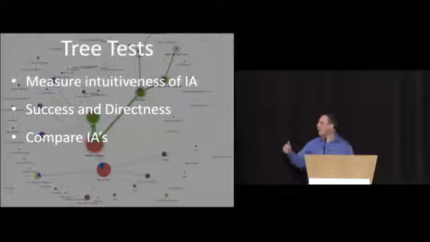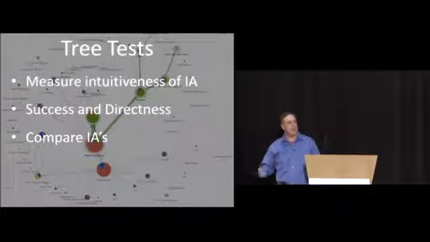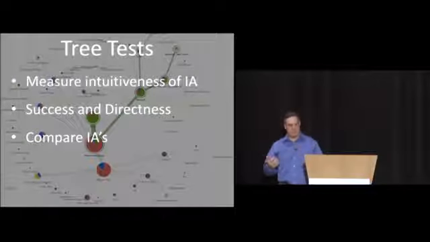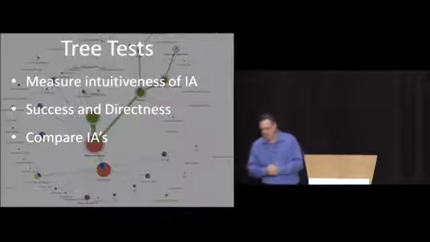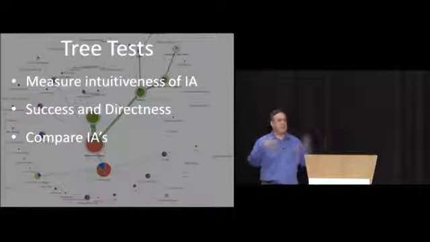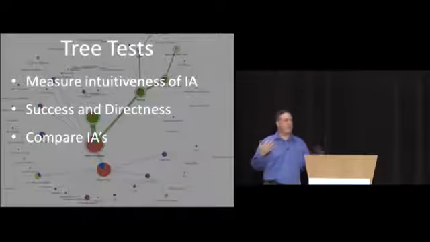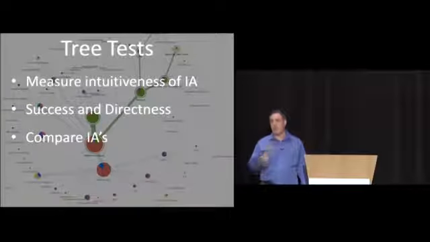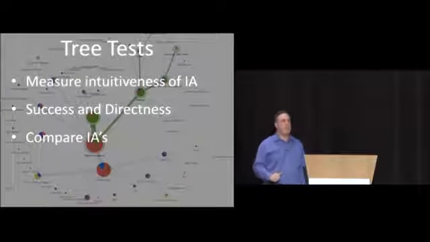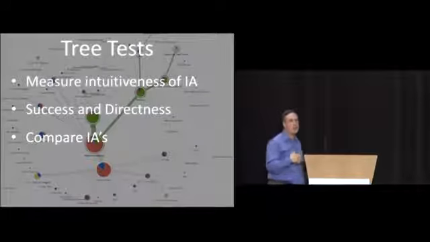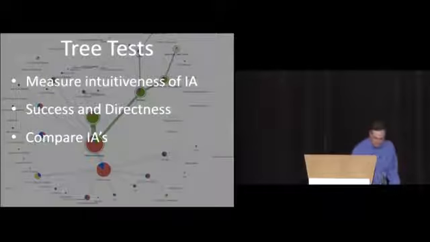And what's really helpful here is to be able to compare IAs. So you can say, you know what, we've got these 2 or 3 different IAs where we're not sure which one is most intuitive. Should we go kind of narrow and deep or broad and shallow? What about the labeling? You can compare, and you can look at those metrics and say, aha, B makes more sense. Success and directness scores were much higher. It's fast and it's quick, and it definitely should be done on any of these projects.